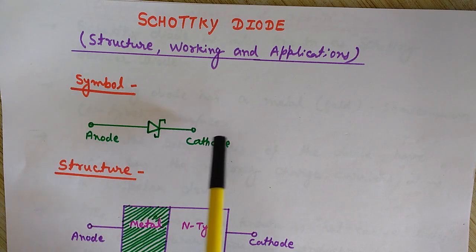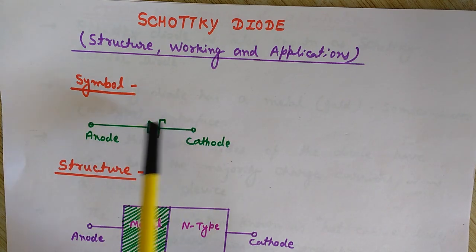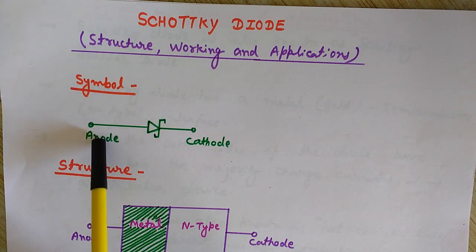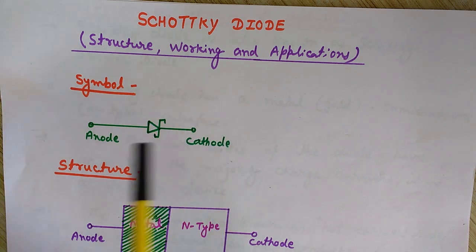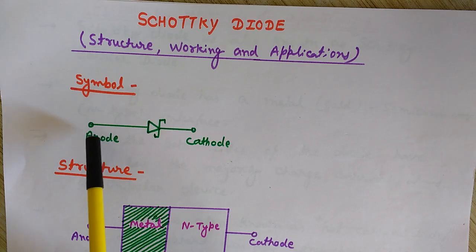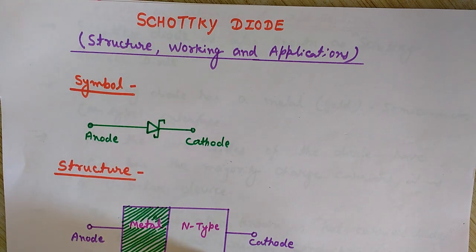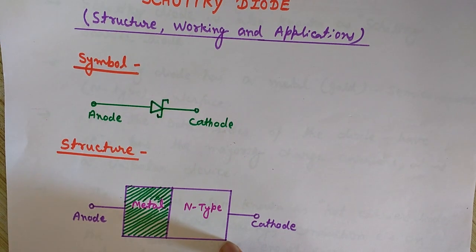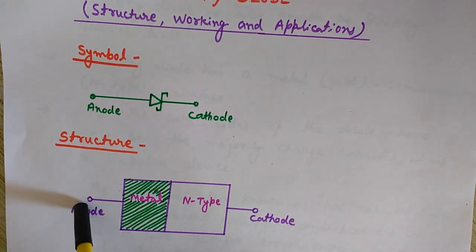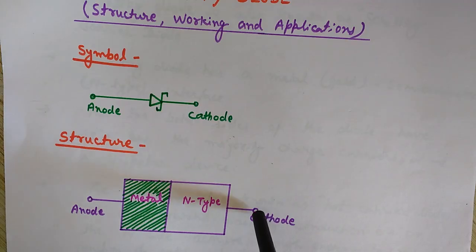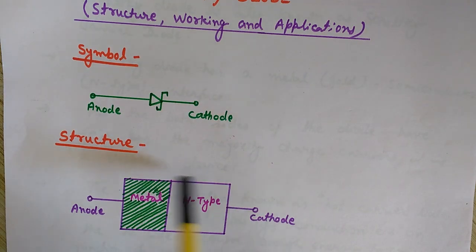This is the symbol of Schottky Diode. Look at this. This is the anode side, cathode side, negative terminal. Cathode is the negative terminal, anode is the positive terminal. Okay, and this one is the simple structure of Schottky diode. Look at this. Here is the anode side and here is the cathode side, and this is simple structure, the